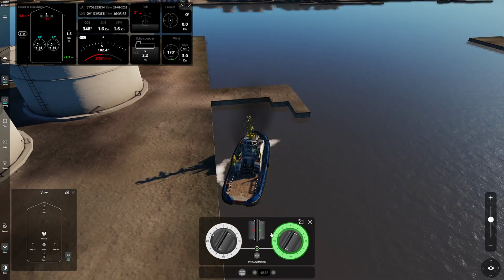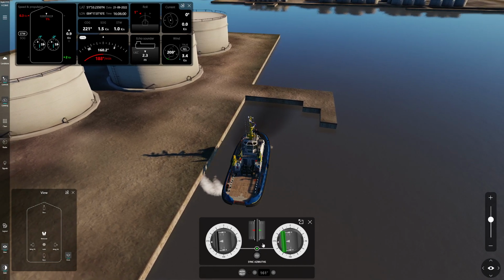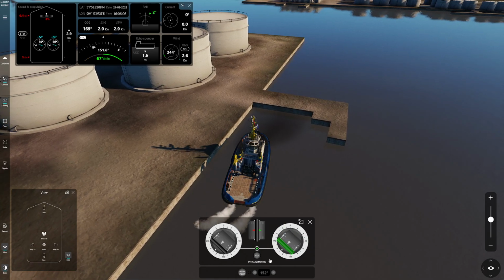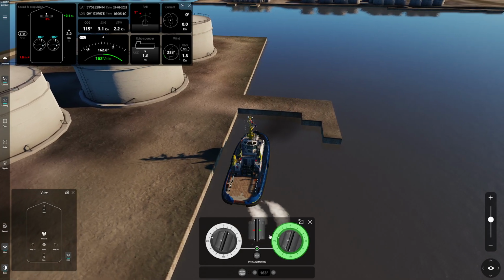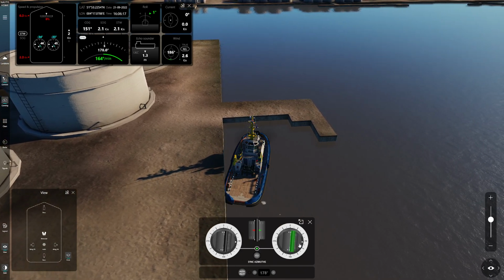That is weird. It's trying to resist this rotation again. So it must be prop walk. Forward movement as well, which is surprising. Come on. So I'm not quite too sure of the behavior here. Ah, I know. It's because